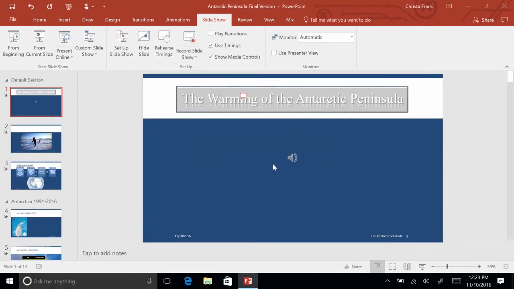When you give your final presentation on your research of the Antarctic Peninsula, you may choose not to use the notes pages and choose to use Presenter View. This is an interface for controlling a live slideshow. As you view the presentation on one computer monitor and see the slides in Presenter View, your audience sees the